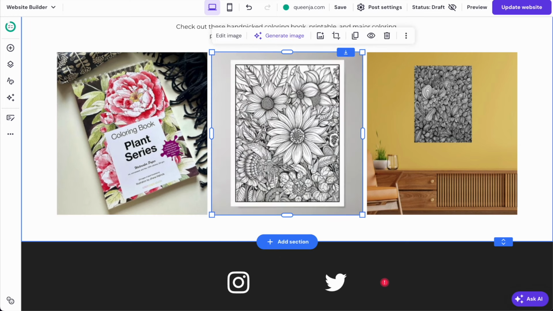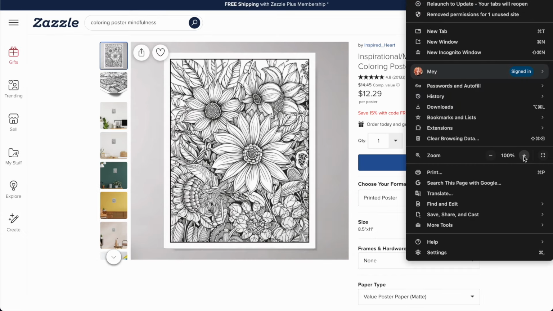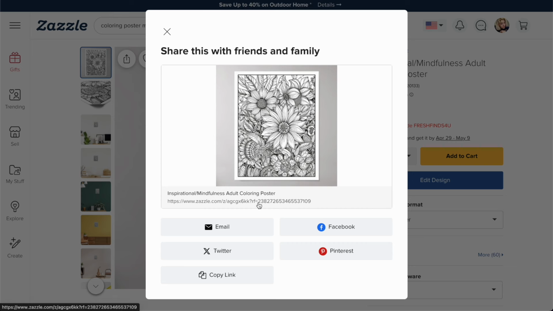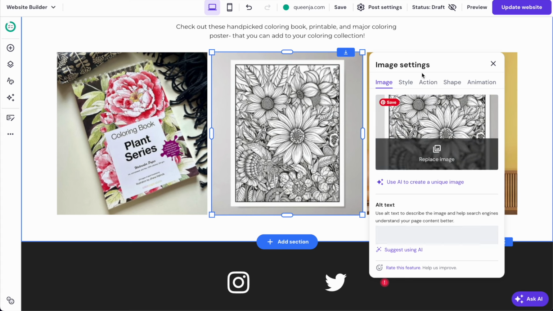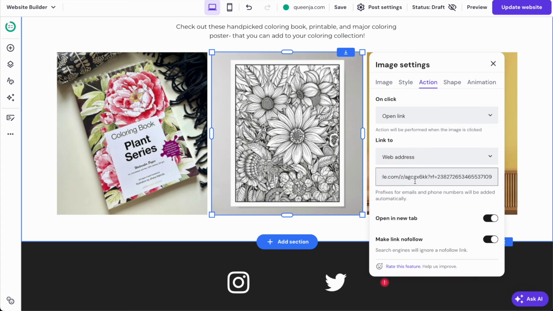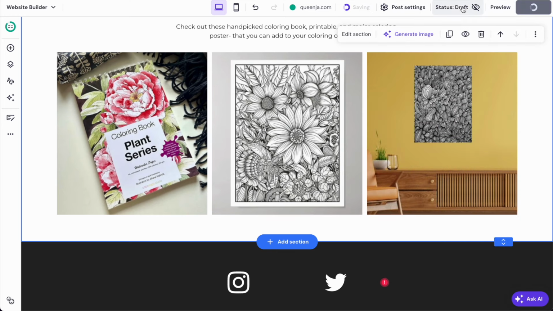Now let me show you how to do that with Zazzle. Whether it's your product or not, by the way, let's zoom back in. Whether it's your product or not, you can click on this share button and you see it gives you your referral link. So I'm just going to click on copy link. I'm going to go to this image, edit, fill out the alt text, on action, open link, and add this. Let's update,